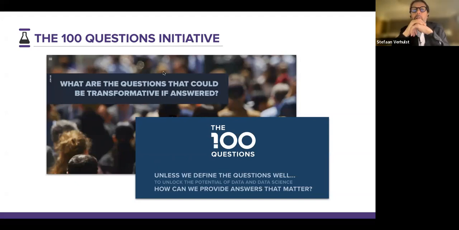So the question then is, of course, how do you formulate questions? And I a few years ago started this initiative, the 100 questions, because I became kind of frustrated and also troubled by the fact that we did a lot of work with people worldwide around data. And the question was always, how do I get access to data and how do I get more data? And when I then started formulating the question, so, okay, that's great, but what's the question you seek to answer with the data that you are supposedly seeking to open up or have access to?